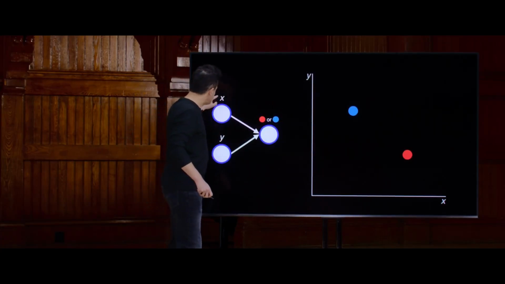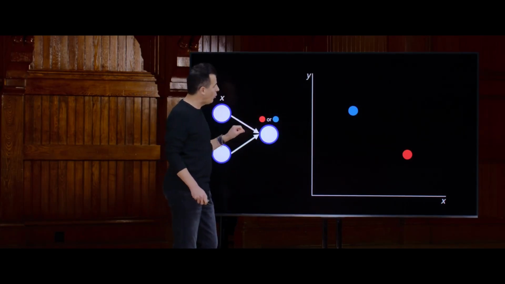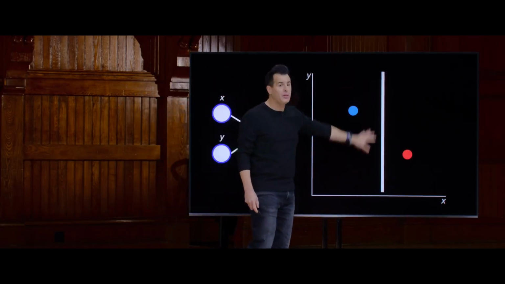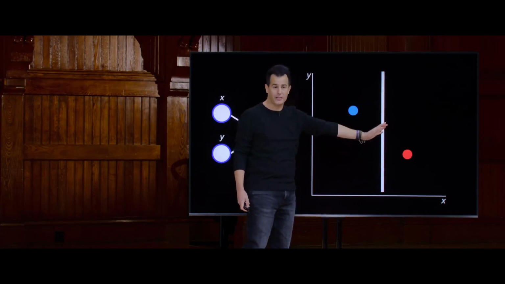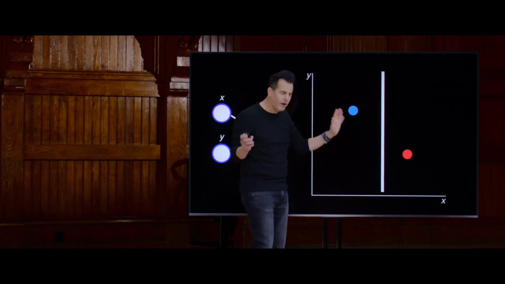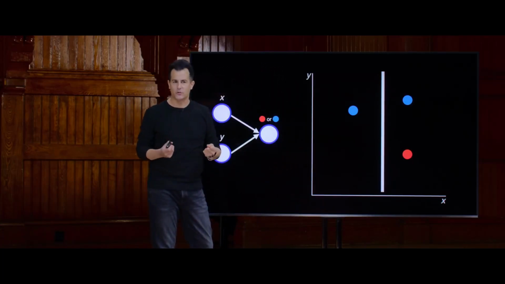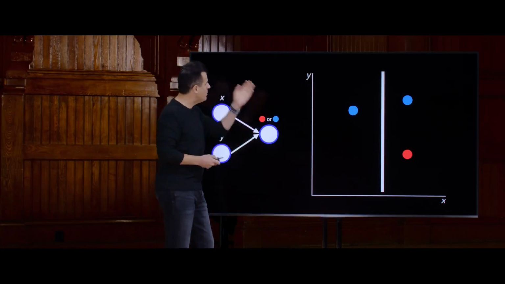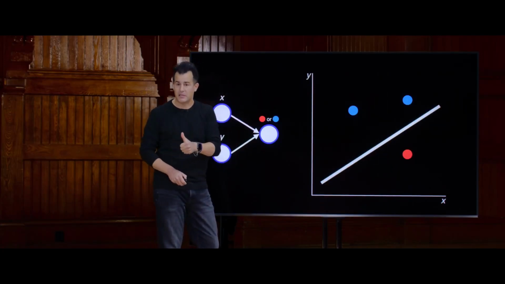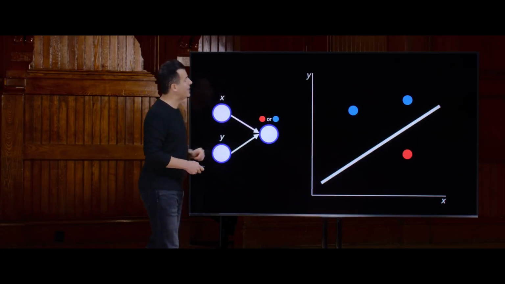So how do I get from a specific xy coordinate to a prediction of color if I only know the coordinates? Well, from the get-go, maybe the best I can do is just divide the world into blue dots on the left and red dots on the right, a best fit line, if you will, based on very minimal data. Of course, if you give me a 3rd dot, it's going to be pretty easy to realize that I was a little too hasty. That line is not vertical, so maybe we pivot the line this way, and now I'm back in business. Now I can predict with higher probability, based on xy, what color the next dot will be.